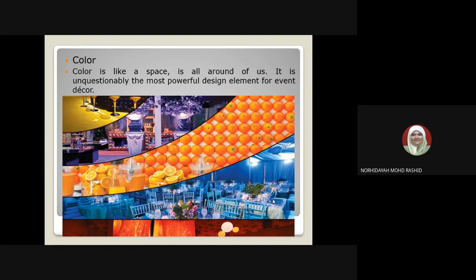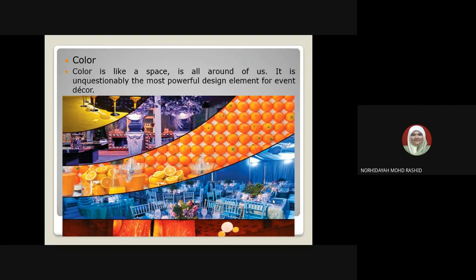So this is actually colour. Yes, colours actually play an important role, the vital role to create the environment and the experience of the events. Okay, so that's why kadang-kadang you can realise, you can identify jugalah, bila have a certain event, based on the colour code dia punya attire tu kan, dia akan tengok the audience actually is being a part of the prop for the event. So colour yang dipilih itu menaikkan lagi seri event tersebut.